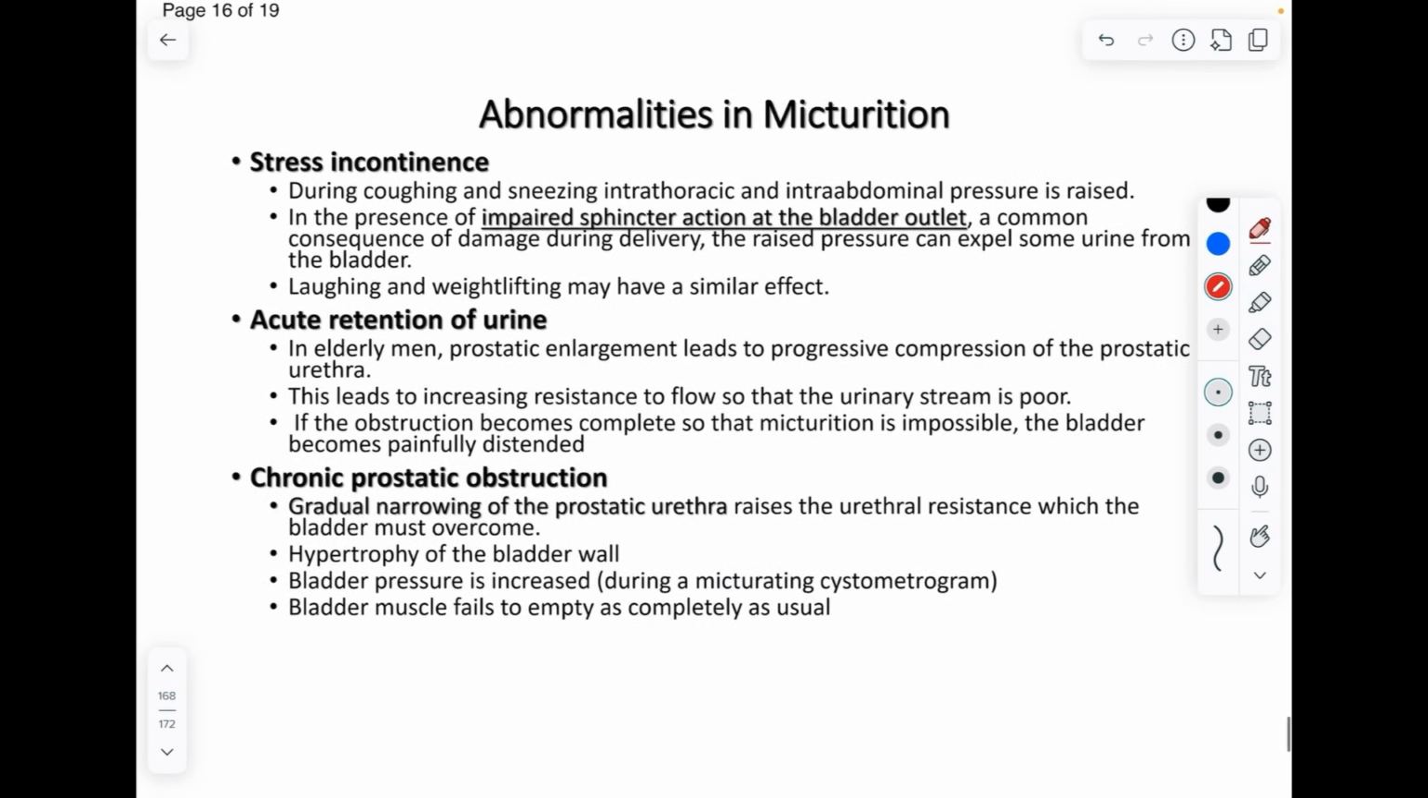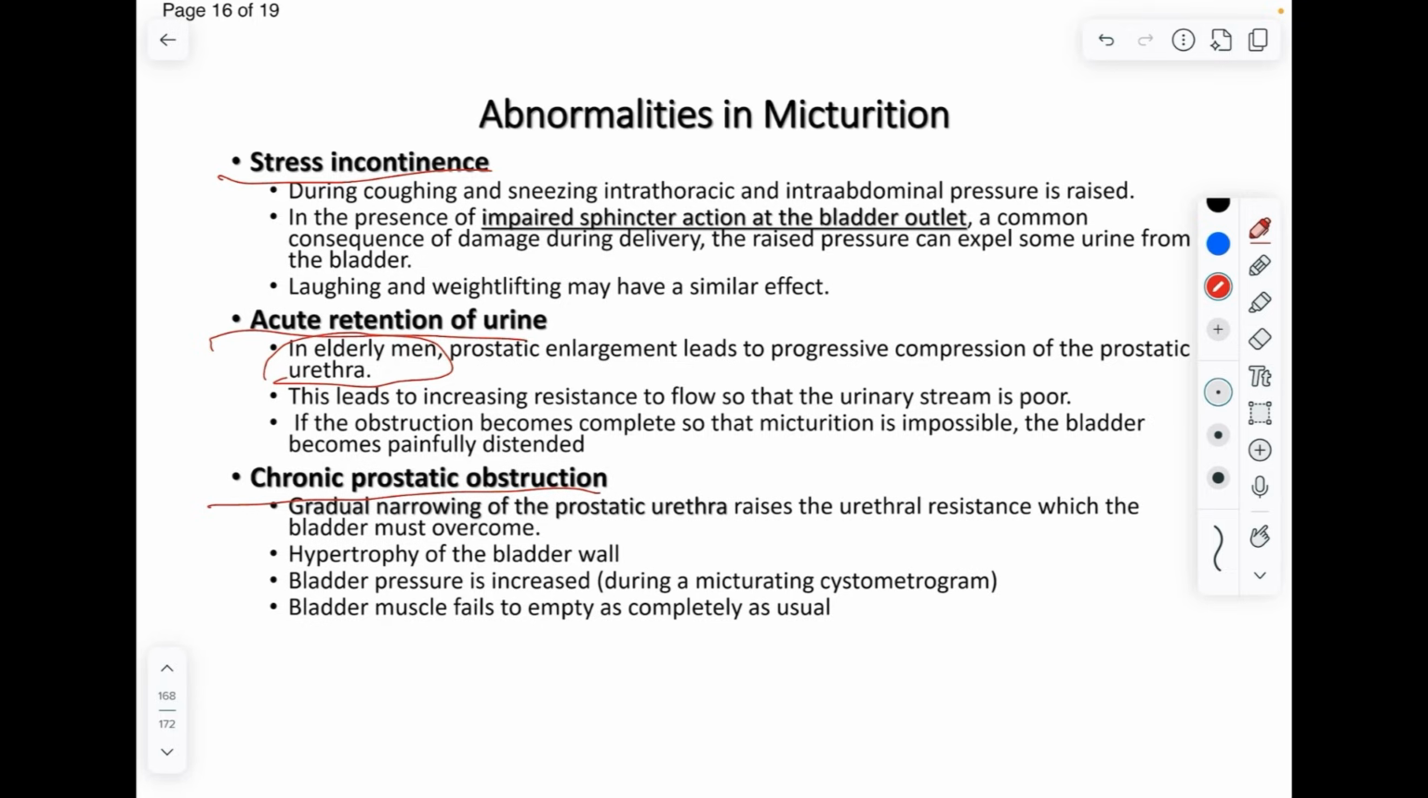Okay, other abnormalities in micturition. Stress incontinence. This happens when the sphincter has been damaged, such as with pregnant women when they give birth. This could happen to them, and they cannot hold the urine then because the sphincters have been damaged. Acute retention of urine and chronic static obstruction. The main difference is that acute retention of urine is very related to elderly men. It's both happening due to prostatic enlargement, but acute retention means that the prostatic enlargement has gone too far to